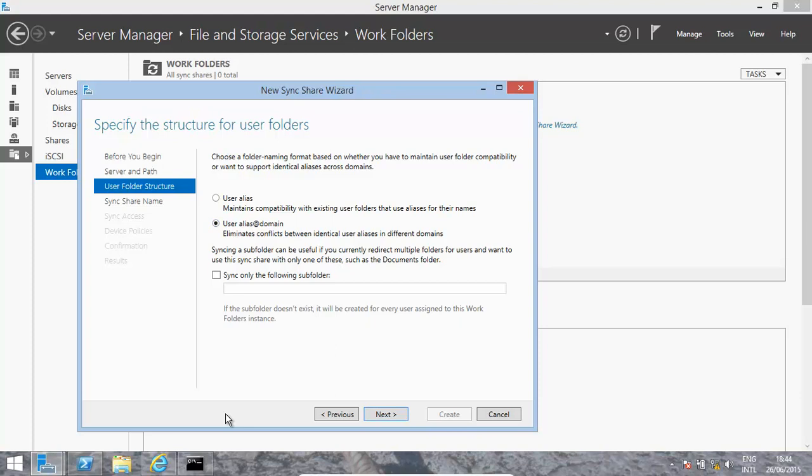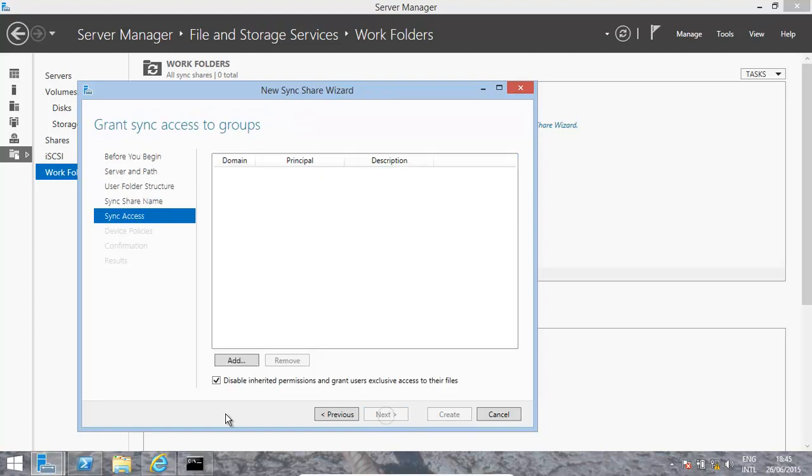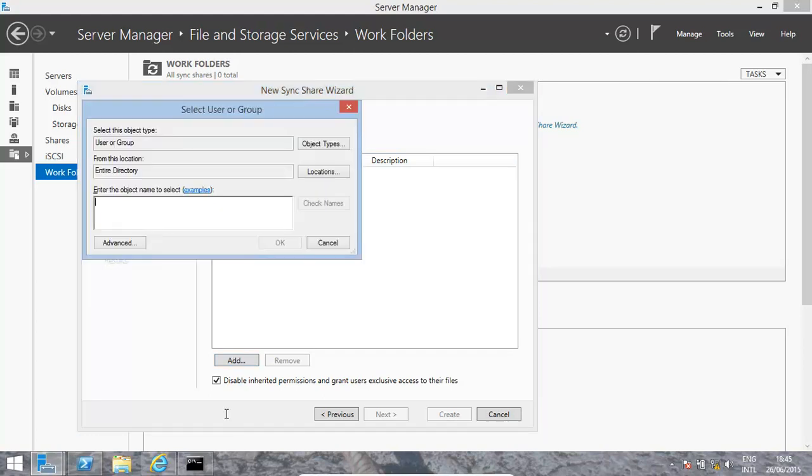If you want to sync only a specific subfolder, you could do it, or you could do all. That's fine. Let's go ahead. Click Next, work folders, that's fine. Now we need to add the users. So let's give,